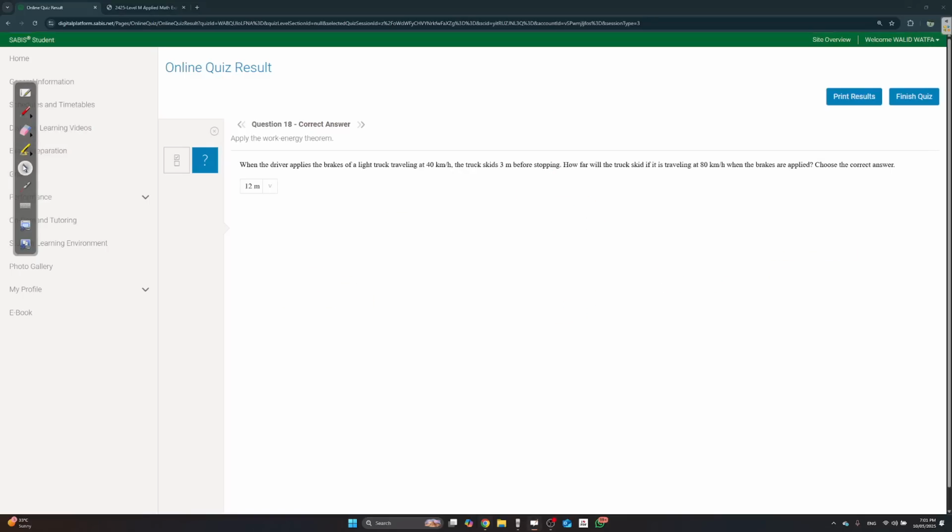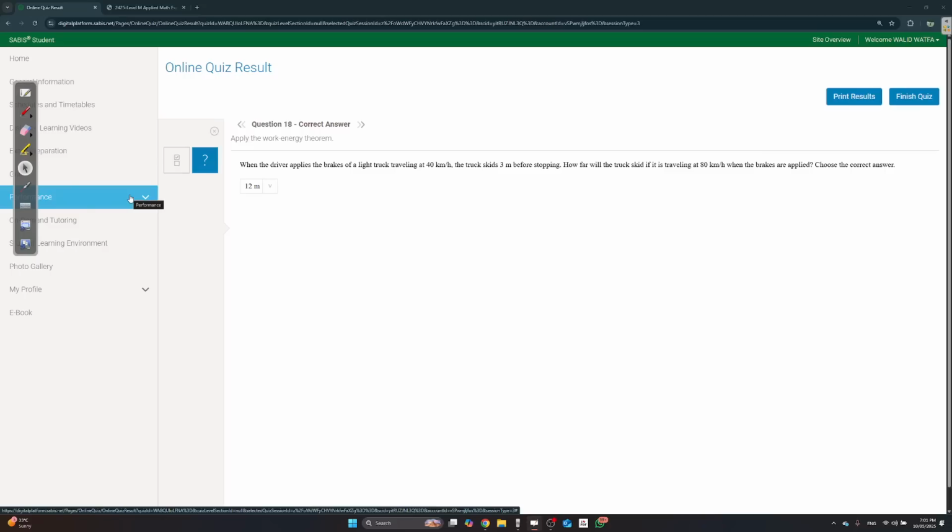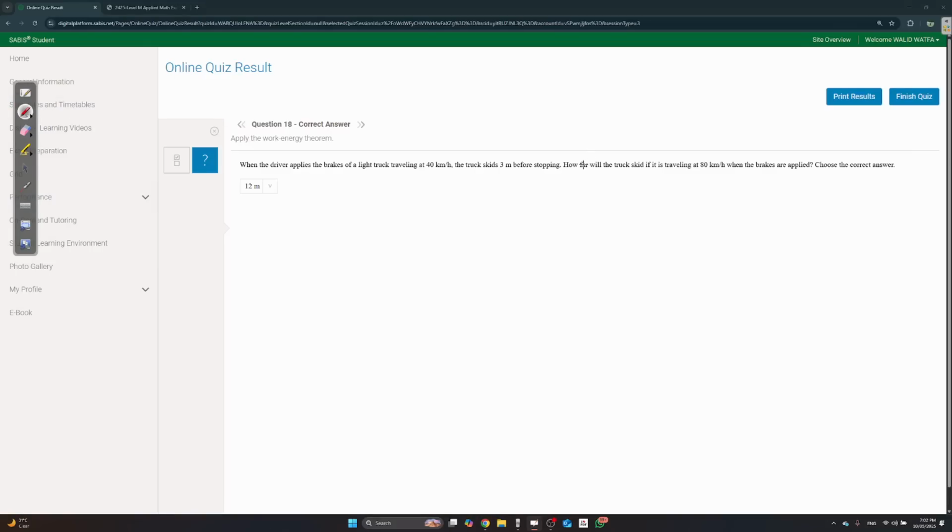Question 18. When the driver applies the brakes of a light truck traveling at 40 kilometers per hour, the truck skids 3 meters before stopping. How far will the truck skid if it's traveling at 80 kilometers per hour when the brakes are applied? So you are talking about the distance over here, and we have a change in kinetic energy, right? So remember,